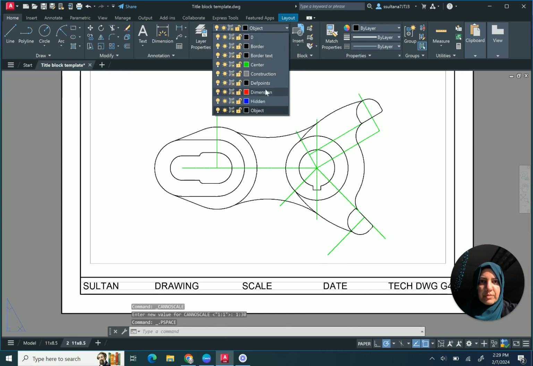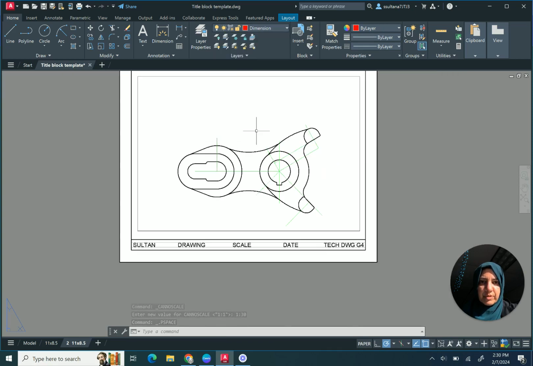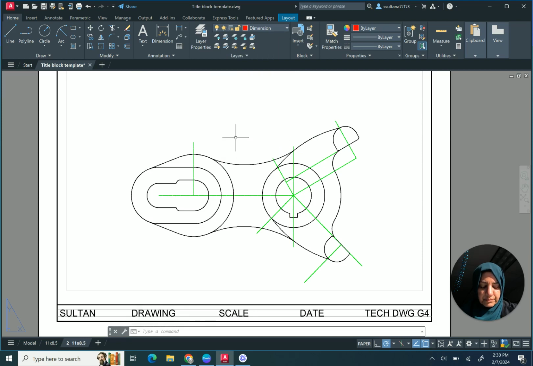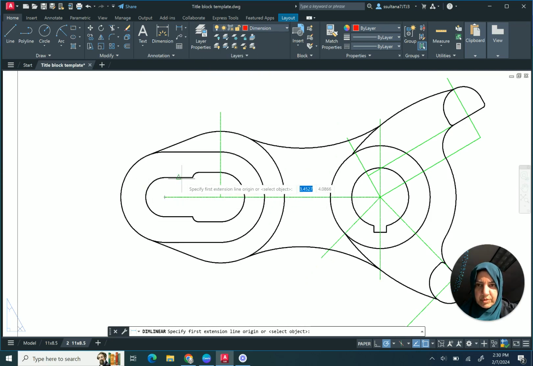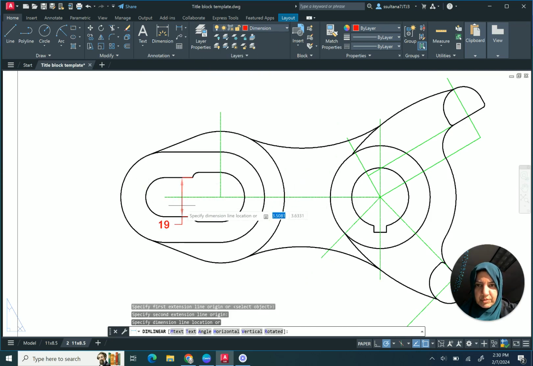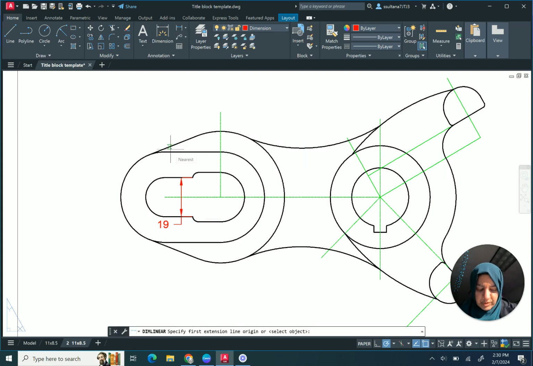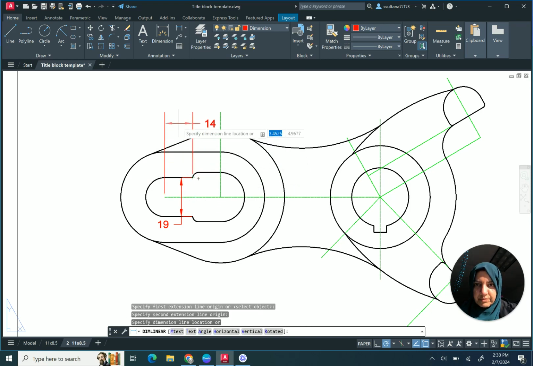Go to dimension layer and add dimensions. You want to start with the smallest dimension, and you're going to move from inside to outward. So the innermost dimension that is given is the center of this and the length of this line,